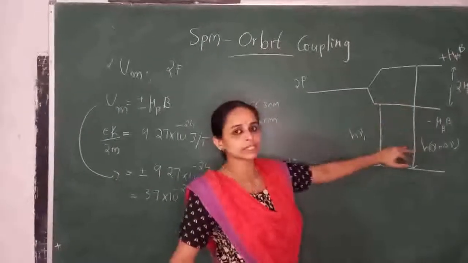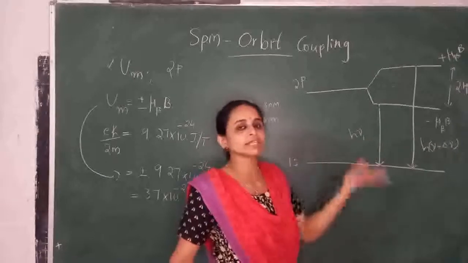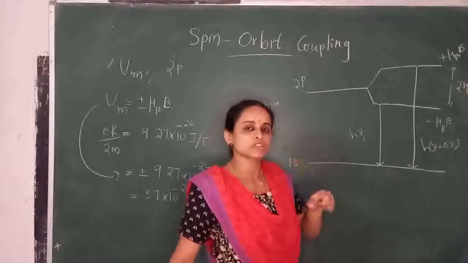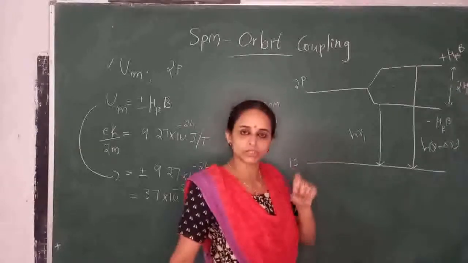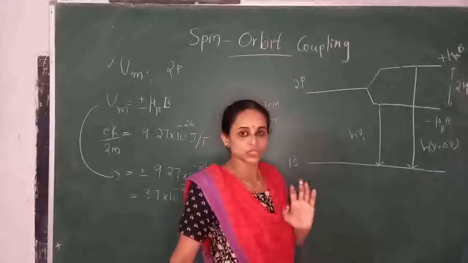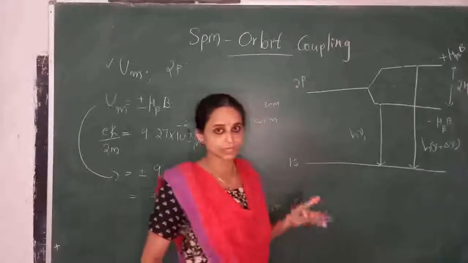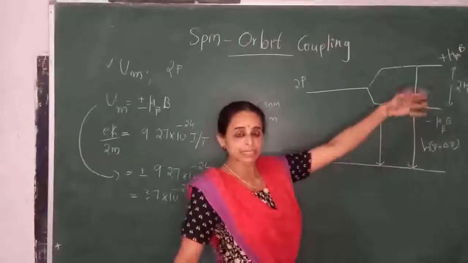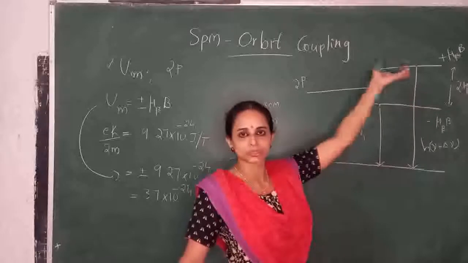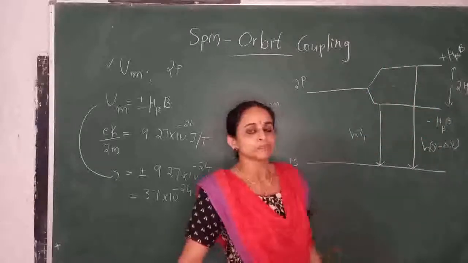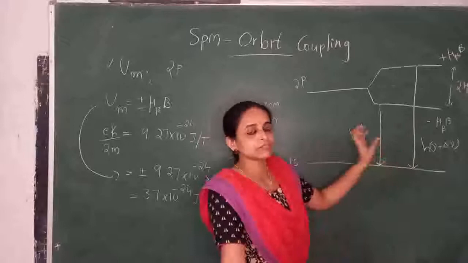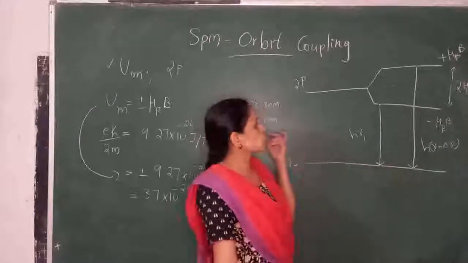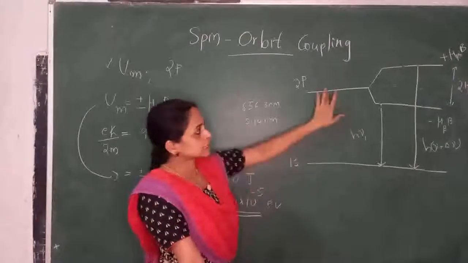The magnetic field here is not given externally. The magnetic field is due to the motion of the electron as well as the spin motion. We are not giving any magnetic field externally. If we give some magnetic field externally, there will be another interaction and this will split into different components, that is the anomalous Zeeman effect. So the spin orbit interaction itself produces this splitting, and two close spectral lines will be available for each main spectral line.